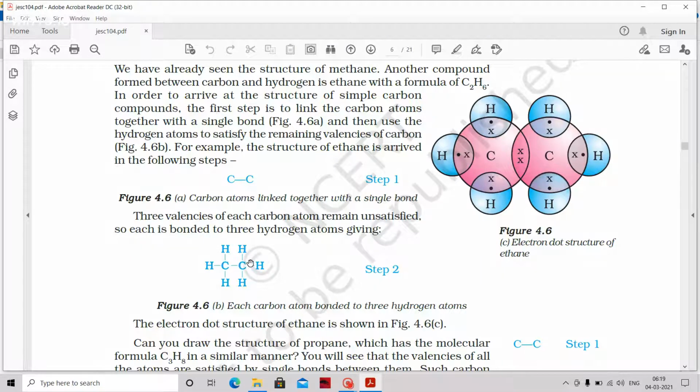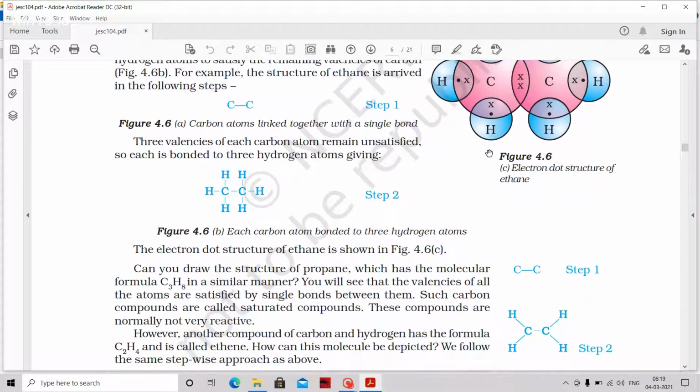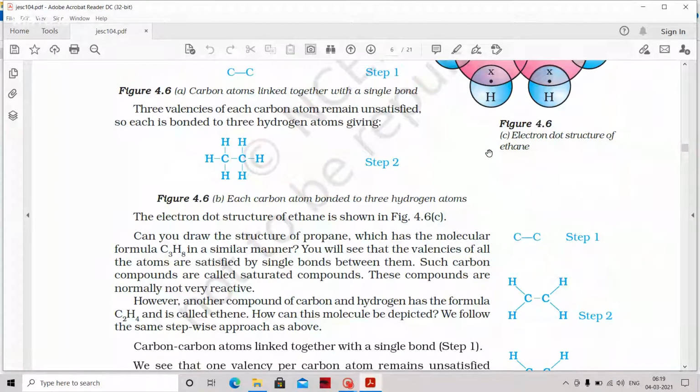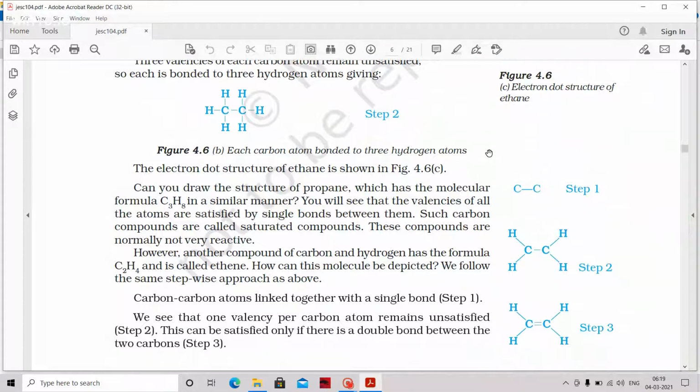Total how many bonds are here? 7 bonds, 7 times 2 is 14 electrons. You can see here 14 electrons. 6 carbon-hydrogen bonds and 1 carbon-carbon bond. So this is called the electron dot structure. The circle represents that particular atom's contribution of electrons. For example, this hydrogen now has 2 electrons. This carbon is having this 2, this 2, this 2, this 2, total 8 electrons. Clear? So these are called saturated hydrocarbons. So the carbon-carbon single bonds we can have, those are called saturated hydrocarbons.